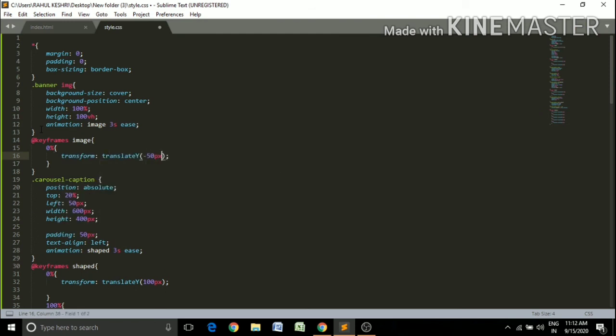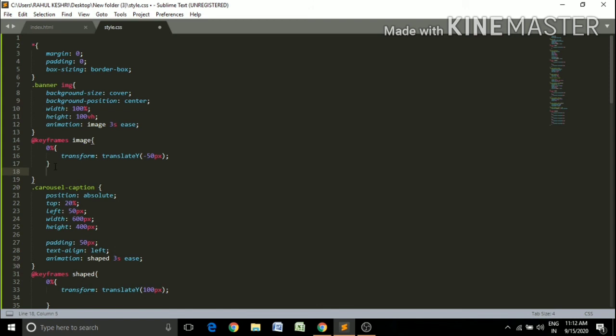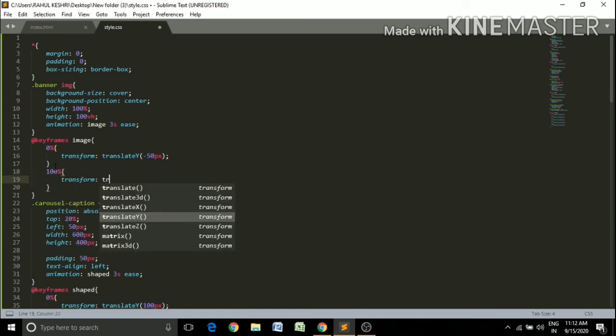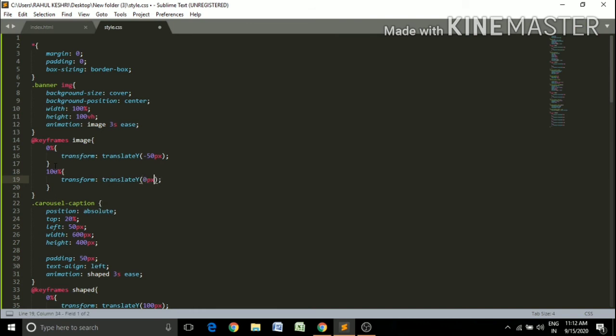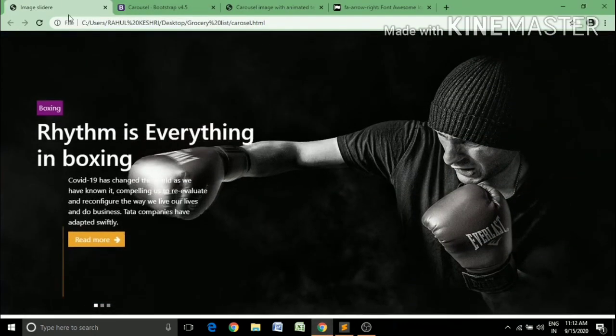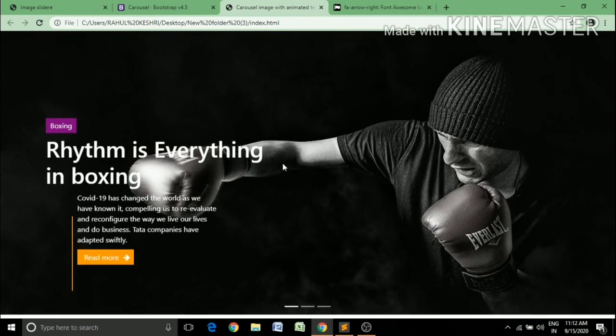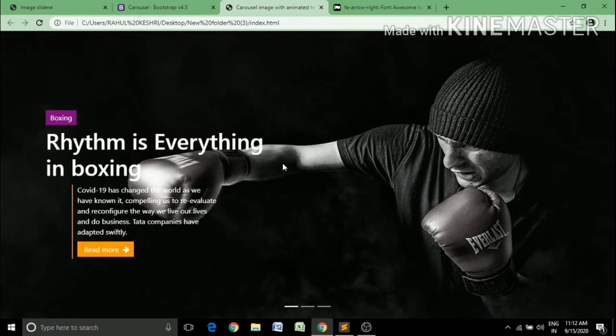Why do we take -50? Because the image is animating in the negative y-axis direction. At 100%, transform translateY 0 pixel. Save it and refresh, and you see that the image and captions are animating simultaneously.